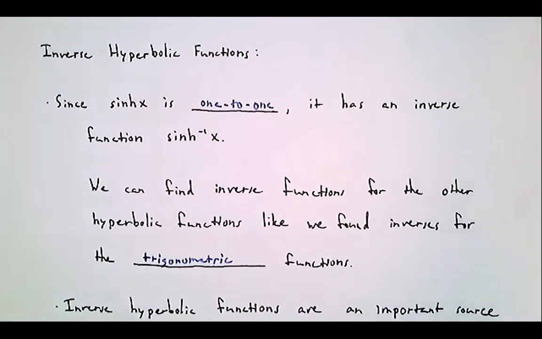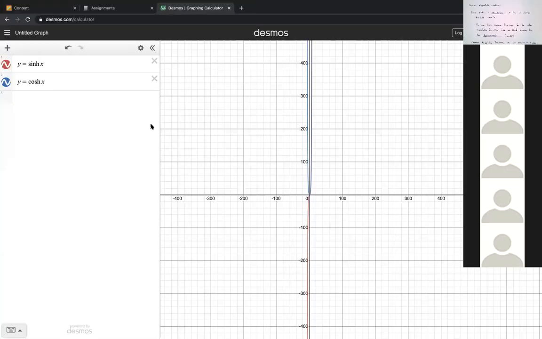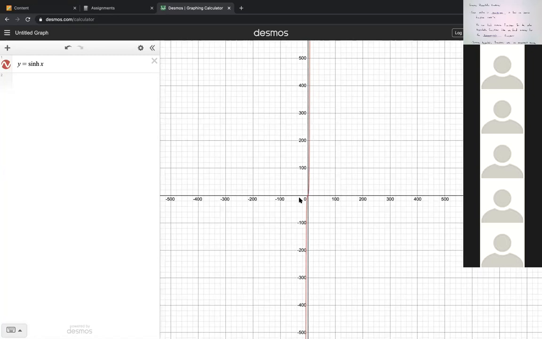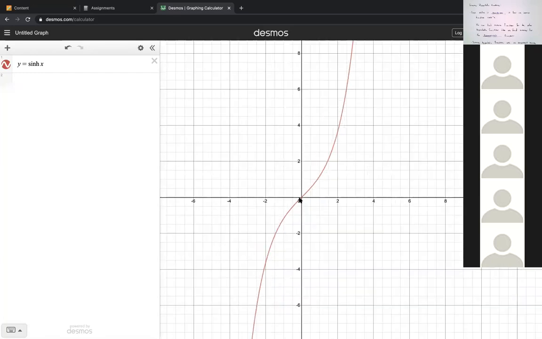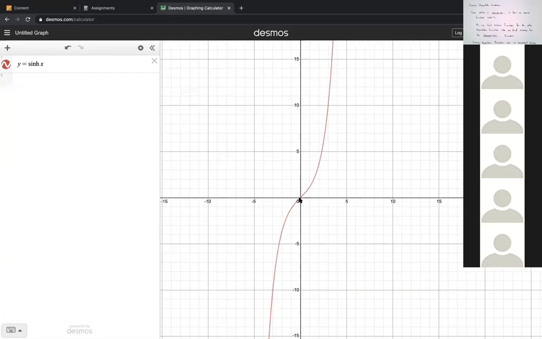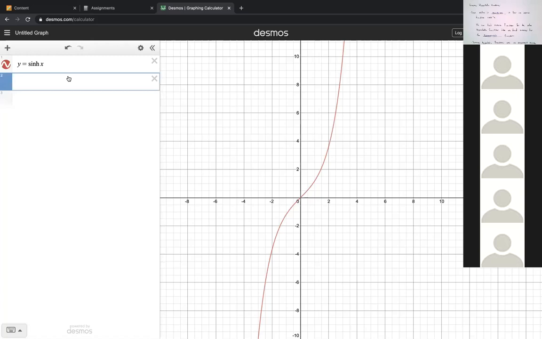And then maybe we can switch over to the graphing tool and just take a quick look at what a few of these look like, and then zoom back in. Okay, so here is sinh graphed in red. Can we get the inverse function here? Yes. There is sinh inverse